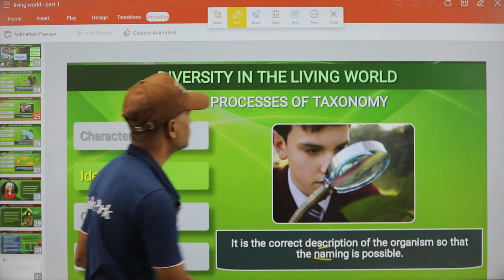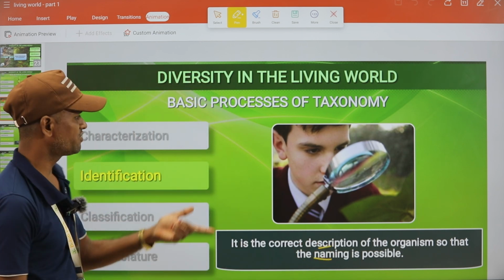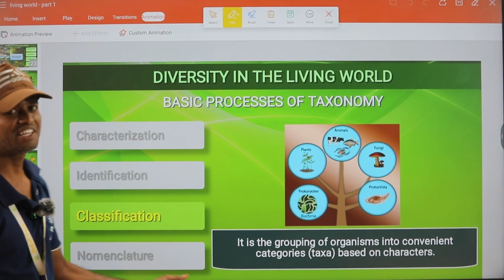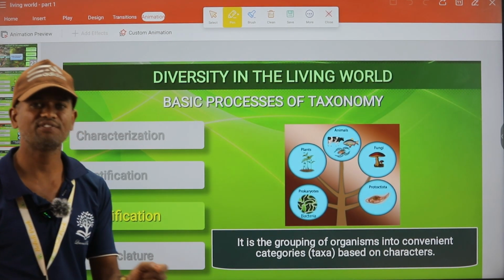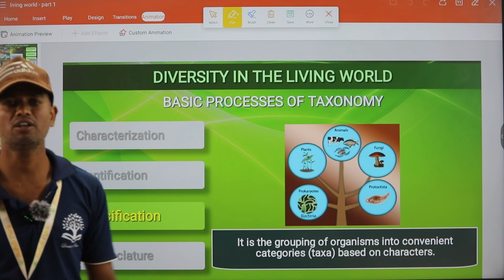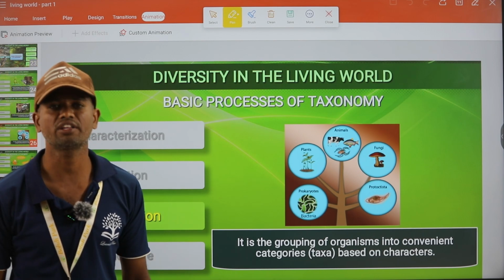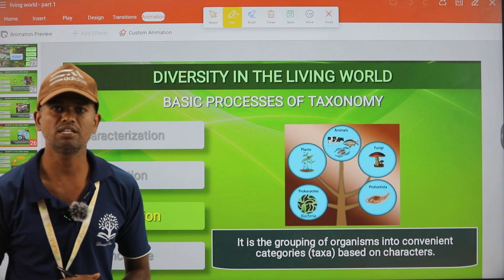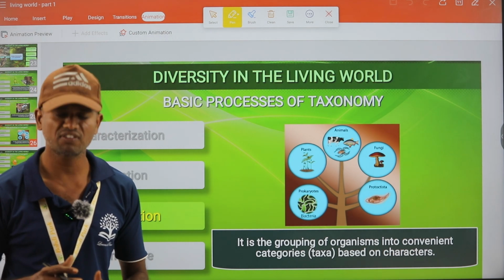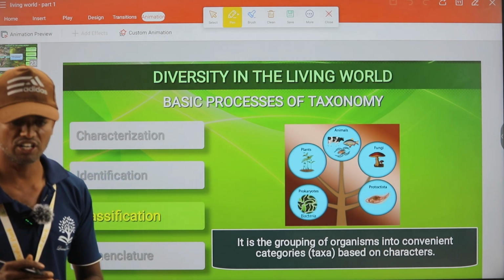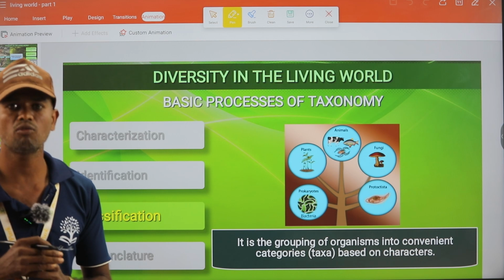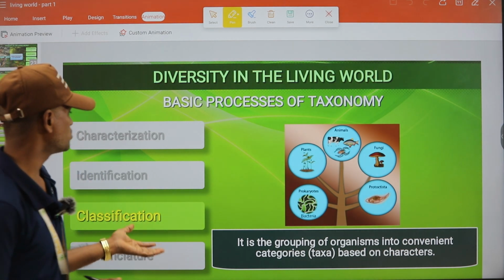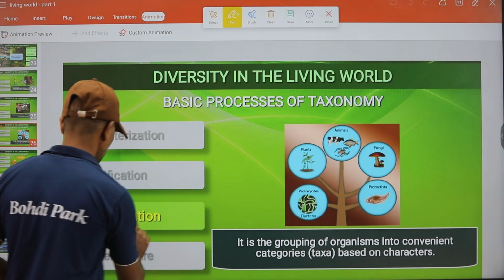So first one is we are going to identify that organisms, right? So next one is classifications. I already told classification is an essential one to differentiate that organism. There is a vast number of organisms present on the earth, so we are going to differentiate that one. We have to identify, we are going to segregate that one. So we have to analyze that one, we have to study that. So for these purposes, classification is an essential process.